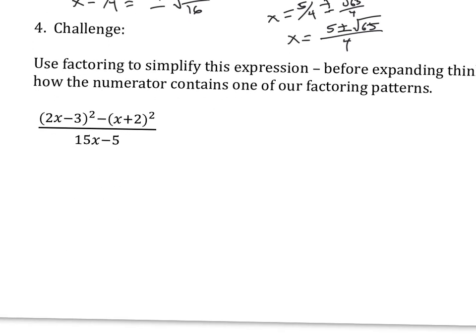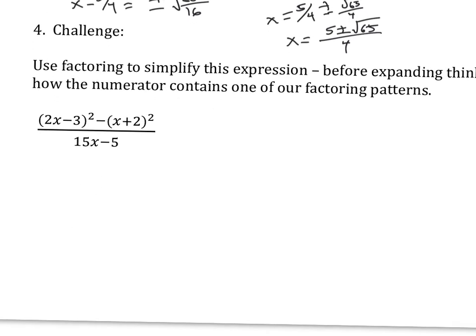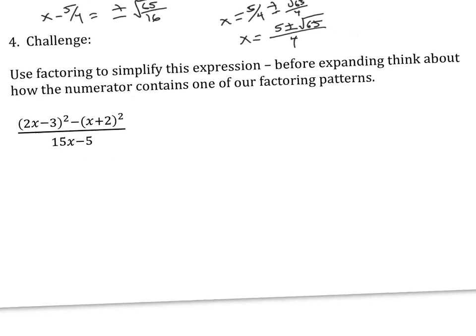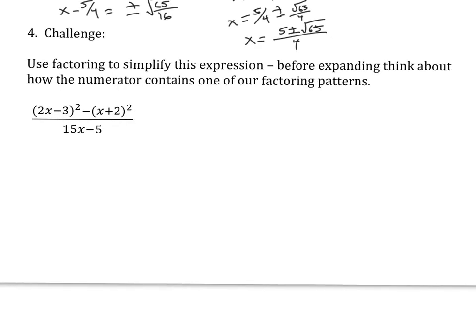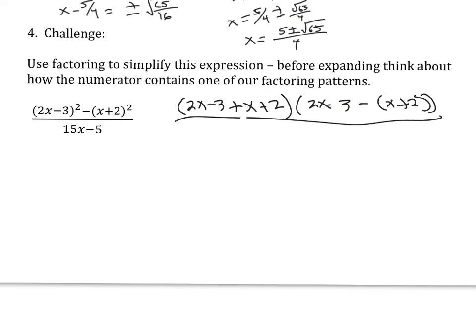Next, use factoring to simplify this expression. Before expanding, think about how the numerator contains one of our factoring patterns. Okay. All right. So what we see here is that our numerator is a difference of perfect squares. So rather than expanding, I'm going to see what happens if I just go ahead and factor that top part to get 2x minus 3 plus x plus 2 times 2x minus 3 minus x plus 2 all over, and I'm going to factor this thing too,